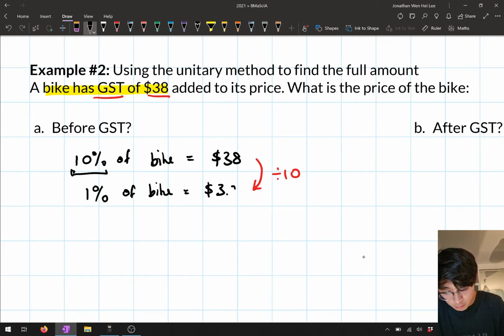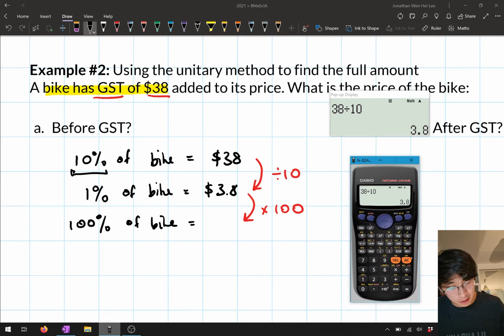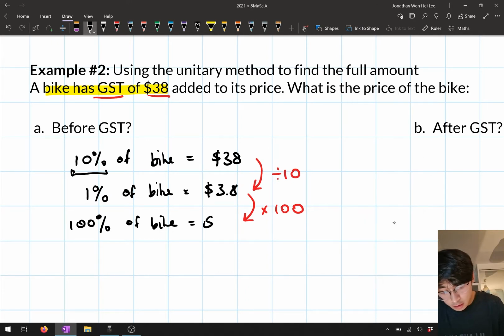And then the final step is I want the whole amount. So I'm going to multiply by 100, so that I can go from 1% to 100%. And so 100% of the bike cost is going to be 3.8 times 100, which gets me $380. So what that tells me is that the bike